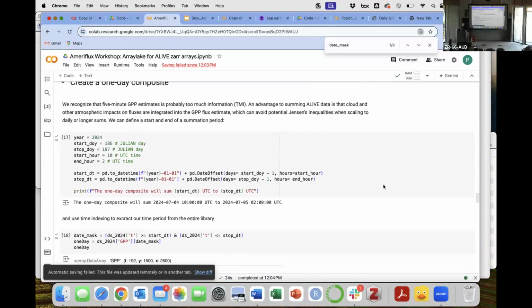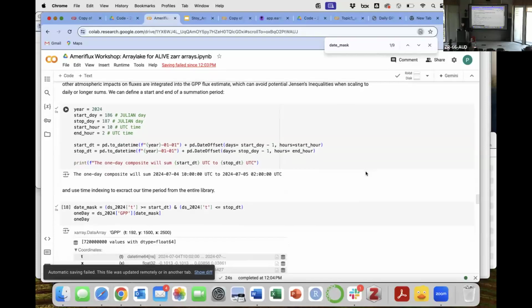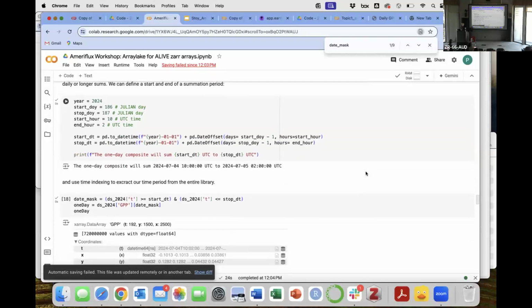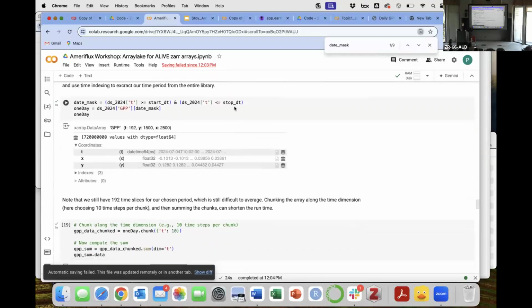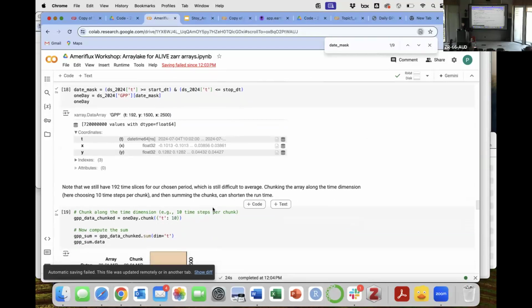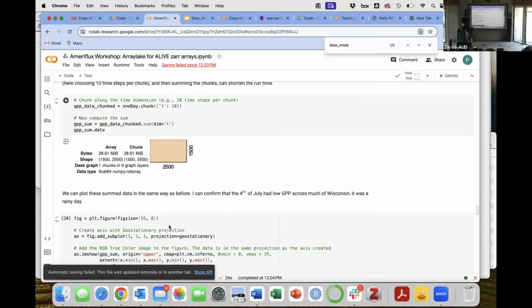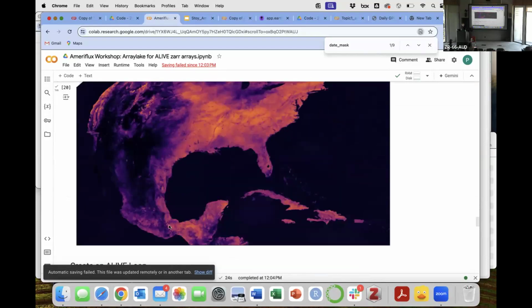The other thing that we can do, right, is that 5-minute data is probably too much, although it does capture a lot of those nonlinearities in carbon fluxes due to cloudiness that we're trying to better estimate and avoid those Jensen's inequalities. So we have here some code that grabs a start and end period, masks out those starts and ends, and then Danielle came up with a clever chunking approach to help speed up a daily aggregation. So when we do that, and we sum those data,